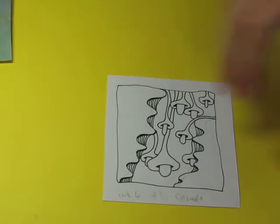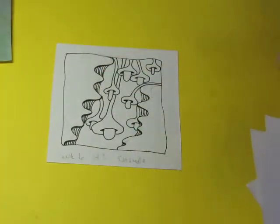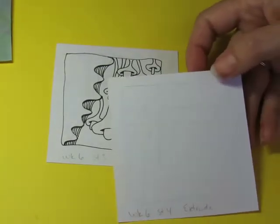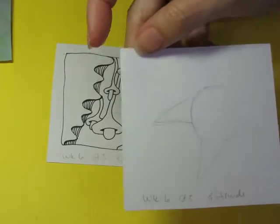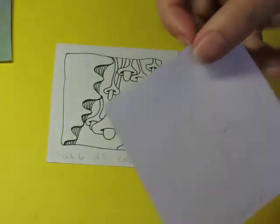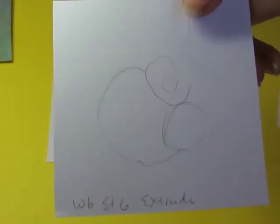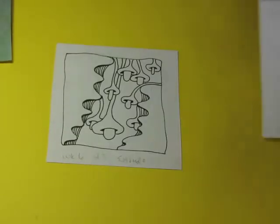I have actually drawn out, see, that's week 6, string 3. Here's week 6, string 4. You probably can't see them very well. Week 6, string 5. Week 6, string 6, looks like that. String 7 looks like that, and